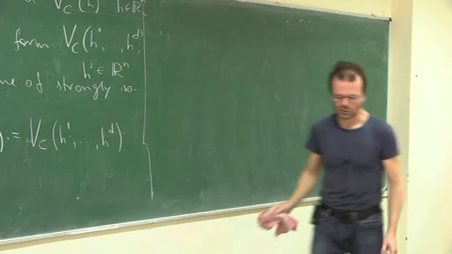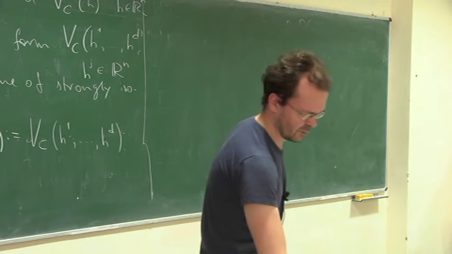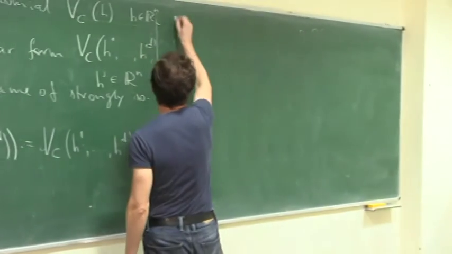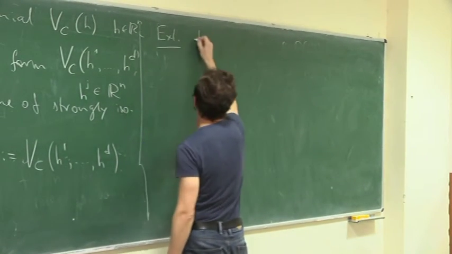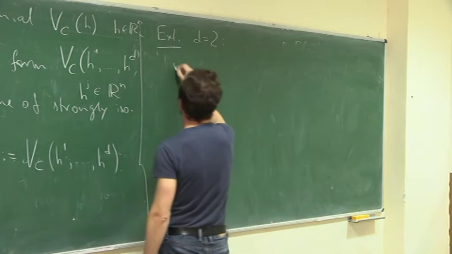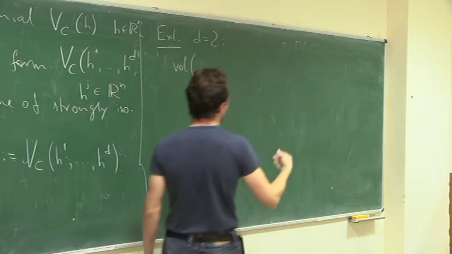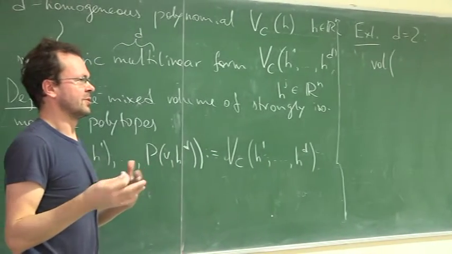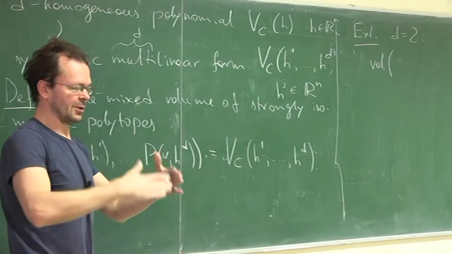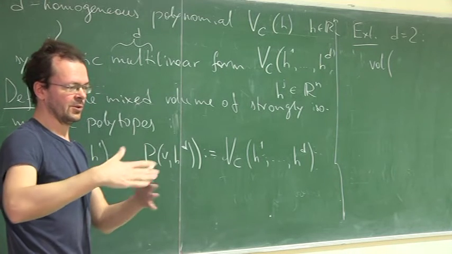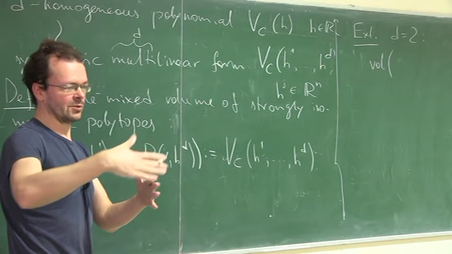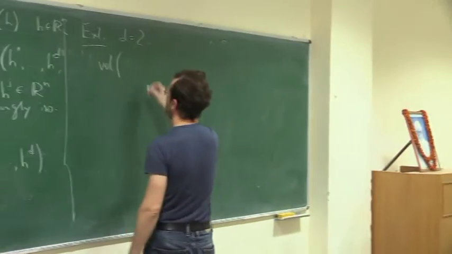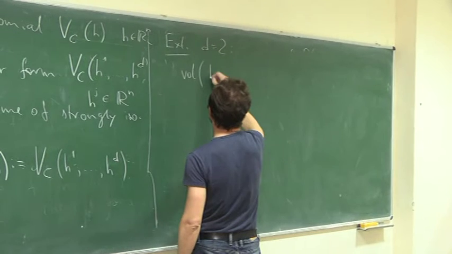Okay, so this is of course some preparation, and so what do we prepare for? Let me give also another example. Again in dimension 2. The mixed volume of two polygons. In fact, polygons is a very nice case because all of them are strongly isomorphic. No change of combinatorics can happen. So if you have directions of sides, then no matter how you move them, you should only take care that one side does not disappear somewhere, but they are all strongly isomorphic. So then the mixed area